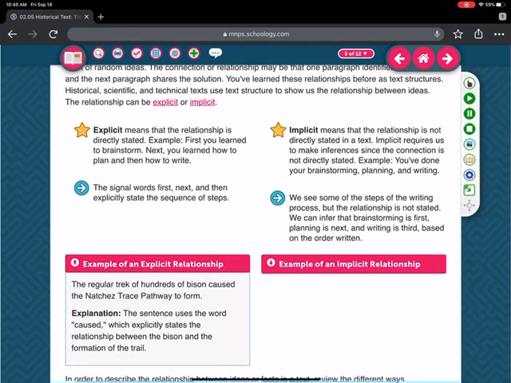When we're talking about implicit, we're going to jump back to what we talked about in the beginning of the year. This is what you see in the text, so what you see with your eyes, and what you know with your head put together. So it's going to be what you see in the text, but you're going to have to add a little information, okay, from your head. It's not all going to be given to you. Okay, so